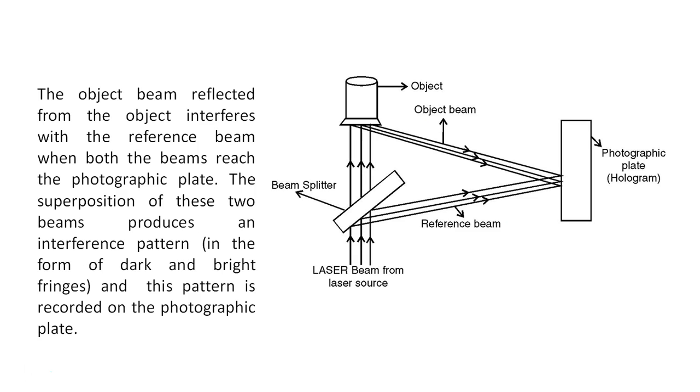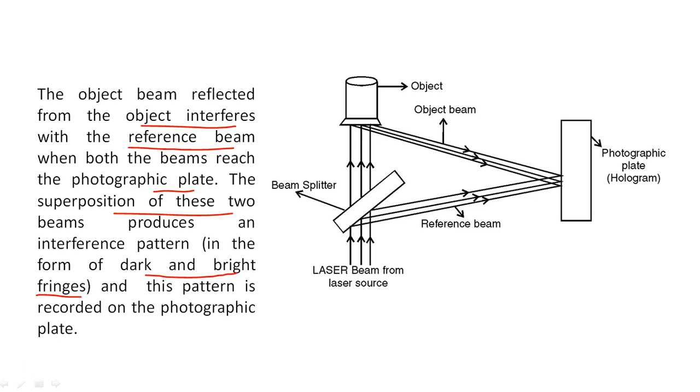The object beam reflected from the object interferes with the reference beam when both the beams reach the photographic plate. That's why I have said that the recording is based on the process of interference, because interference is happening here. The superposition of these two beams produces an interference pattern in the form of dark and bright fringes. About the fringes you must have learned in the interference part in your lower classes, and this pattern is recorded